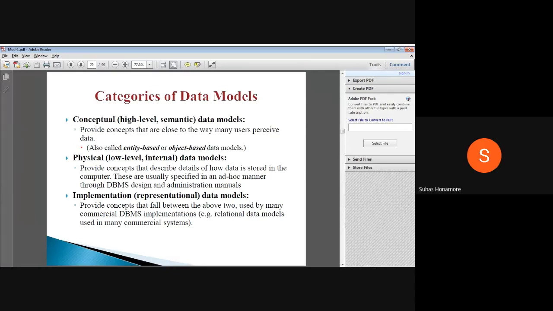Conceptual means high level. Whatever data we are considering, it is from the top view, how it will look. Top view means we consider everything as an entity or as objects. If I take a student, which course he is studying, which college he is studying in, all these are different objects. Whether any collection or any relation is there, those things we keep at that high level only.